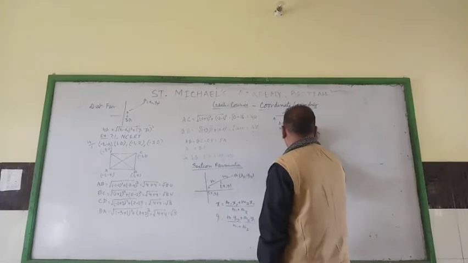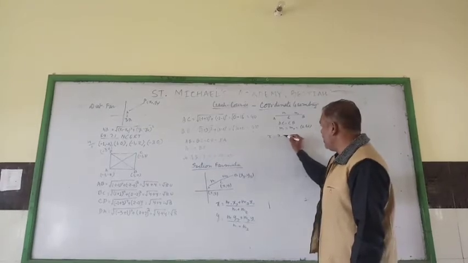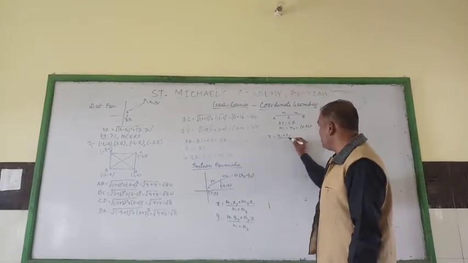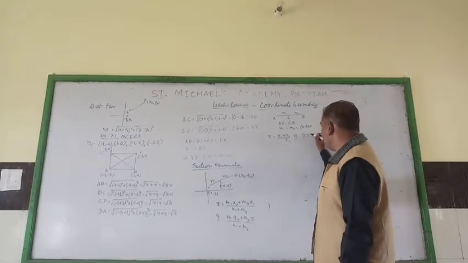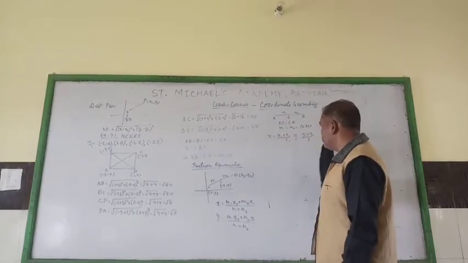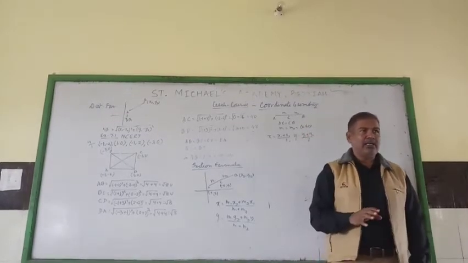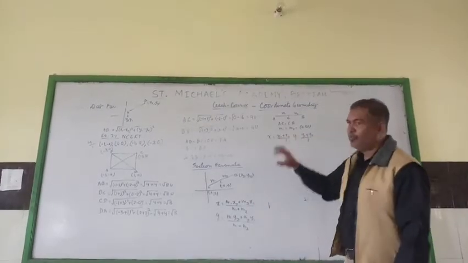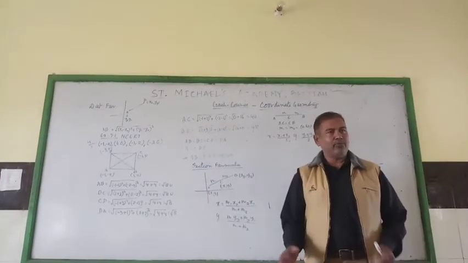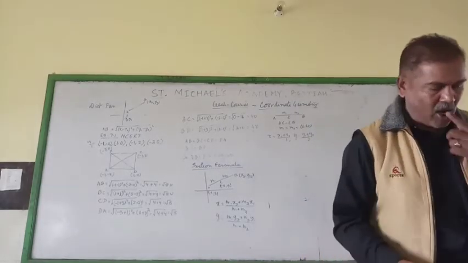इसको क्या मान लेंगे हम लोग? इस कंडीशन में x का फार्मूला क्या हो जाएगा हमारा? सिंपल है, x1 plus x2 divided by 2, and y का फार्मूला क्या हो जाएगा हमारा? y1 plus y2 divided by 2. So I am going to take one question from your NCERT book. That question will explain this formula and the midpoint formula both. ये दोनों को आपको explain करके वो समझाने की कोशिश करेगा.